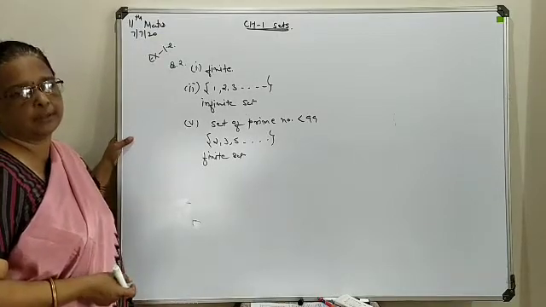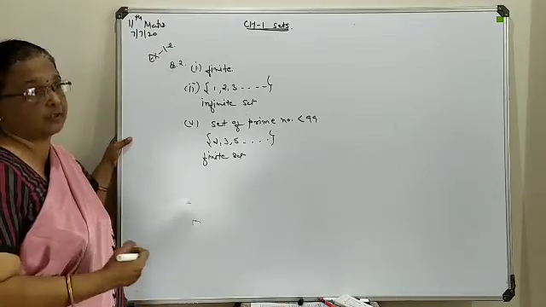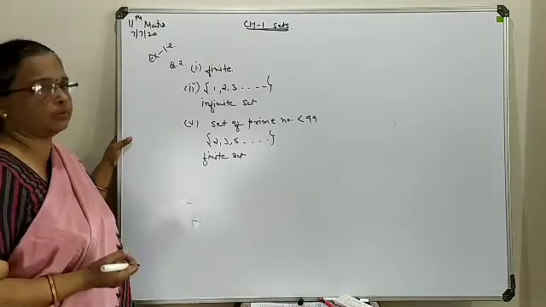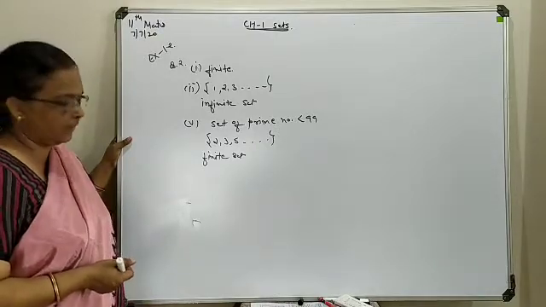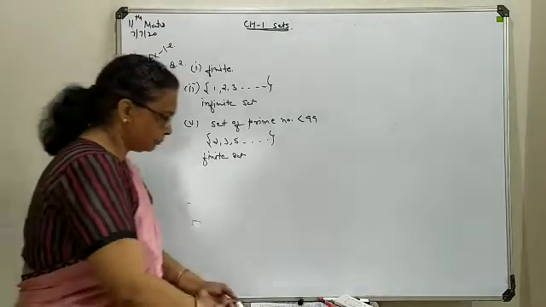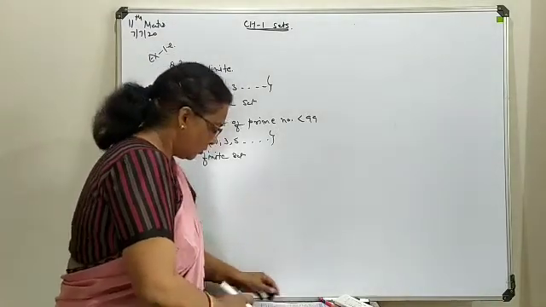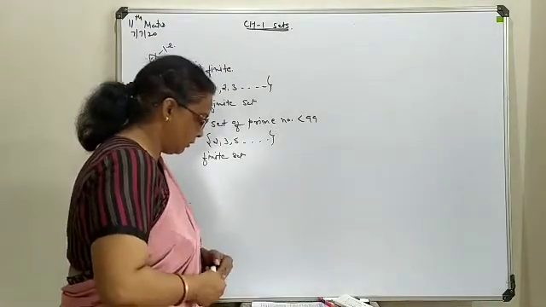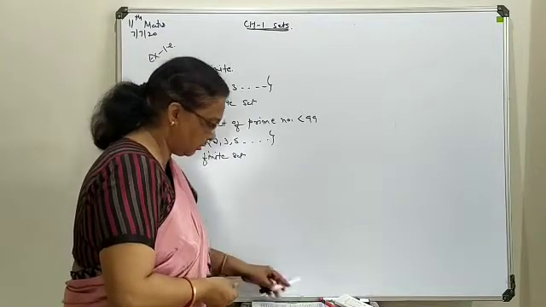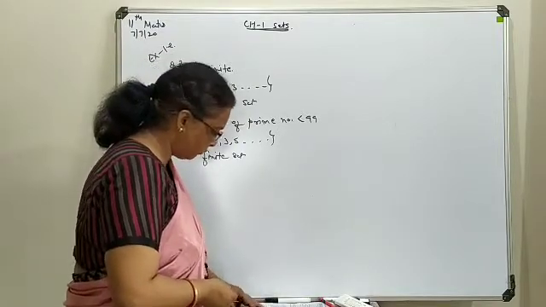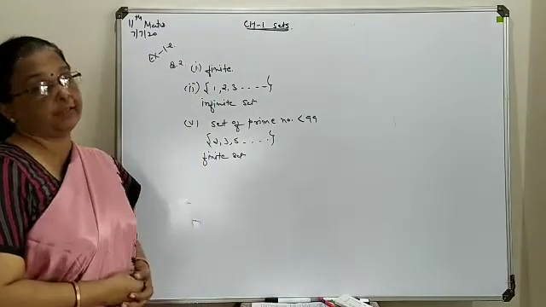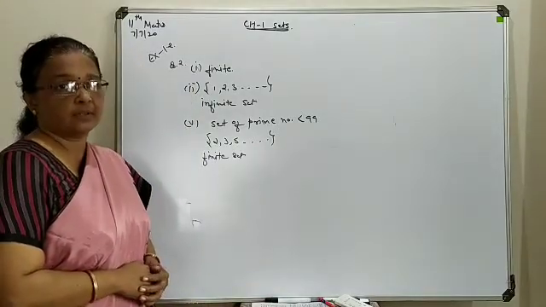So this way you will decide: in which the number of elements are fixed, that will be considered as finite. In which the number of elements are not fixed, it can be extended up to the infinite value, this will be considered as an infinite set form. So this way you try to find out the solution regarding the third question, in which again you have to find out whether these are finite or infinite sets.